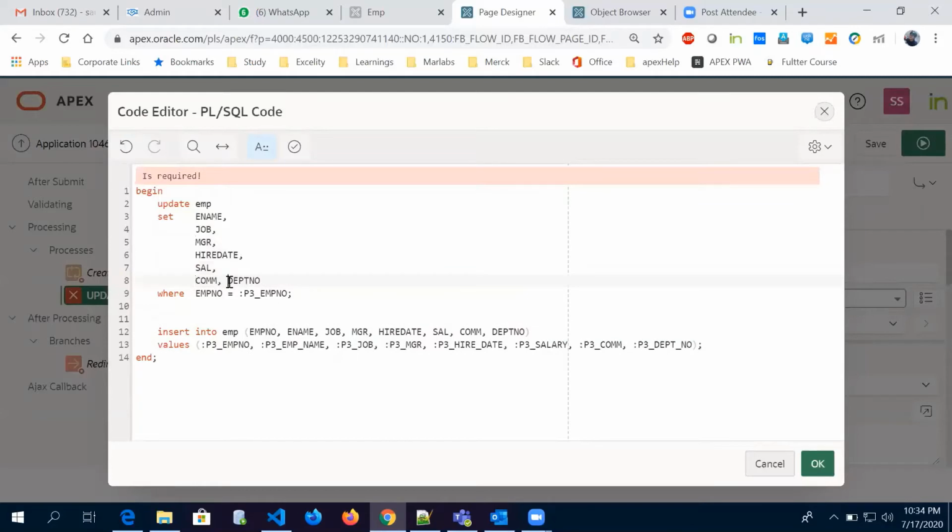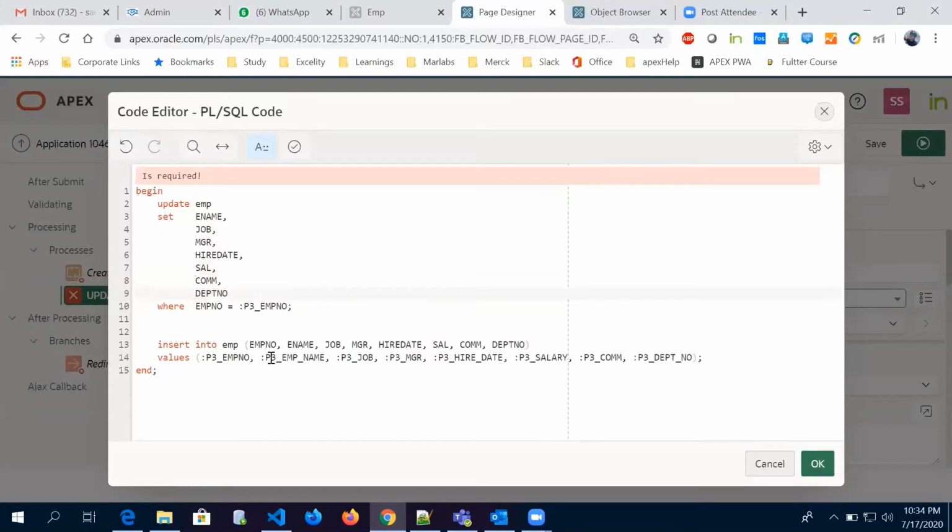Commission, department number, and so EMP name, job, manager, then we have hire date. Okay, so I forgot to give this colon everywhere.